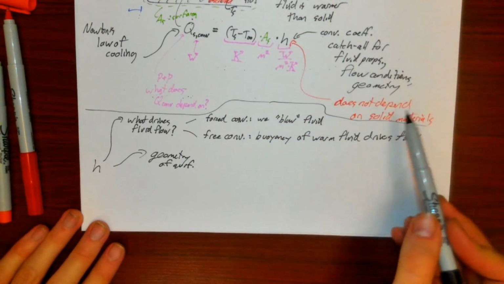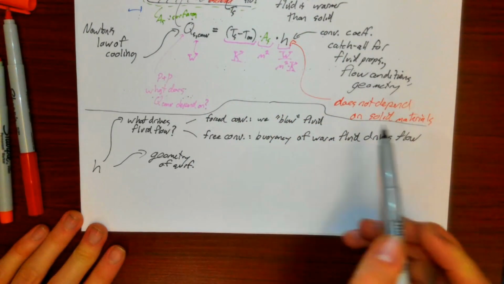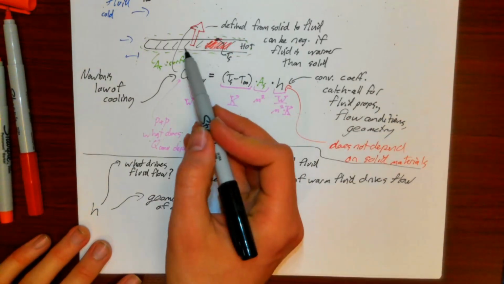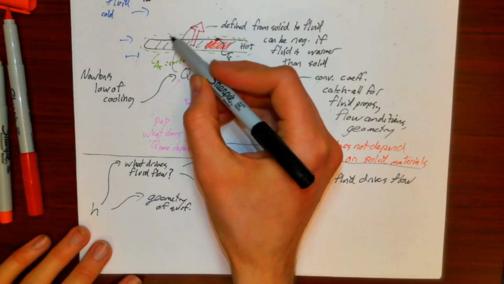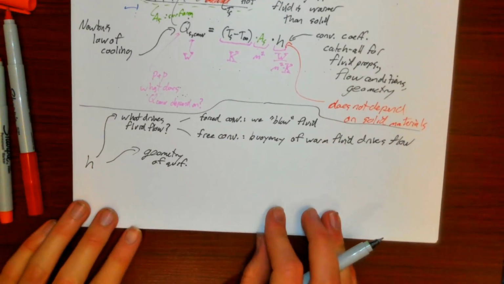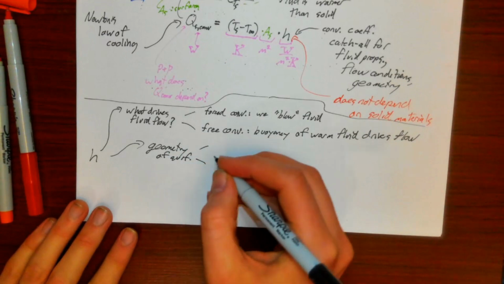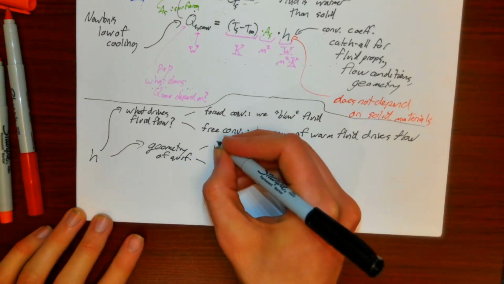So here I said, it doesn't depend on the solid materials, but it does depend on the flow. So H doesn't depend on what material the surface is made out of, but the shape of the surface matters a lot, right? So we can talk about convection internally